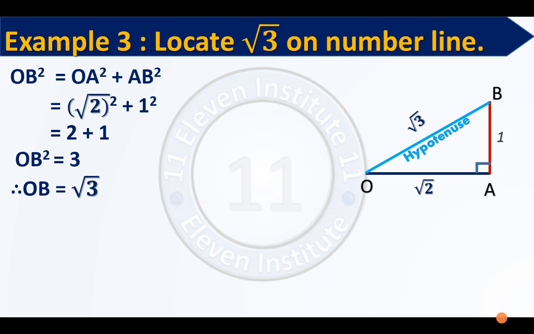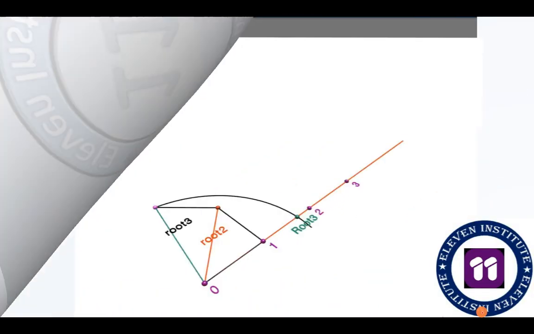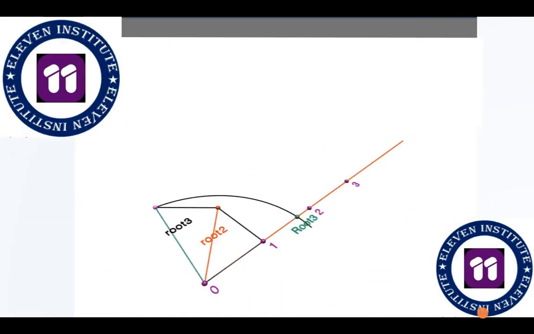Right, what we have to do is just construct a right angle triangle like this whose base is equal to root 2, the length of the altitude should be equal to 1 unit, and the hypotenuse will be equal to root 3 units. So let us now see the animation. We will get the final image something like this. And now let me play the animation.